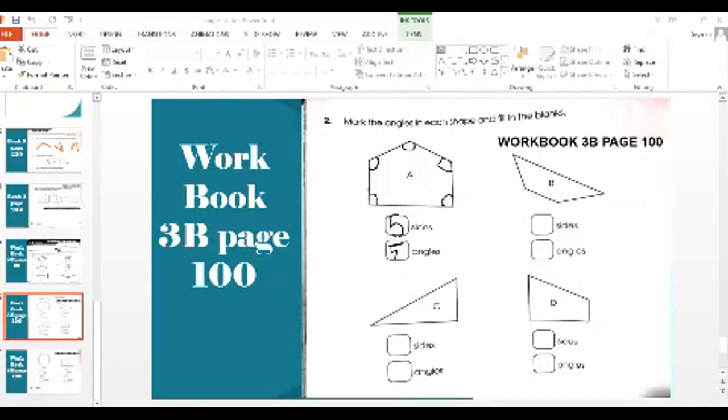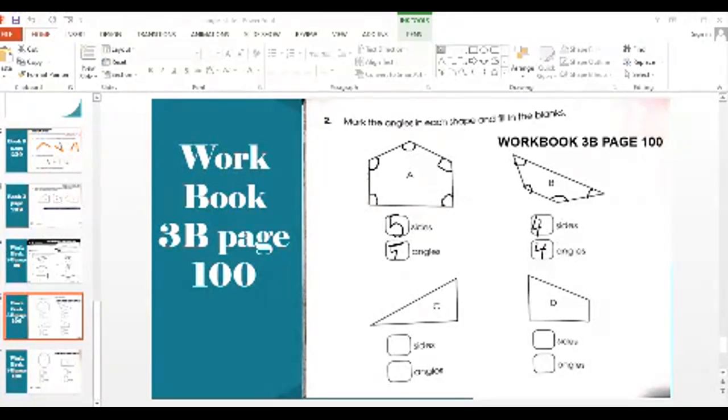Okay. Now I am solving part B for my students. For figure B, everyone mark the angle. This is a point where two lines are meeting. This is a point where two lines are meeting. This is a point and this is a point. See, in this area there is no corner, there is no side, and no straight lines are meeting. It's just one straight line. So you have 4 sides and 4 angles. See, this is easy. Now for part C,